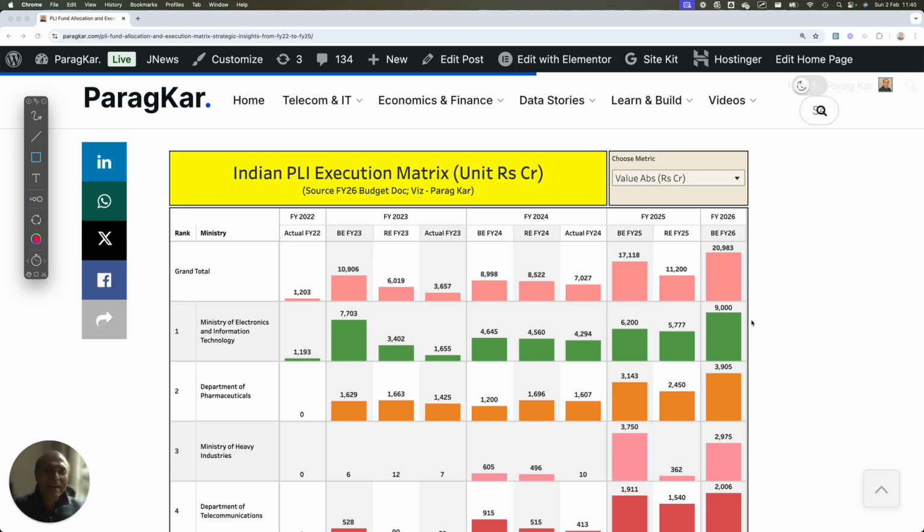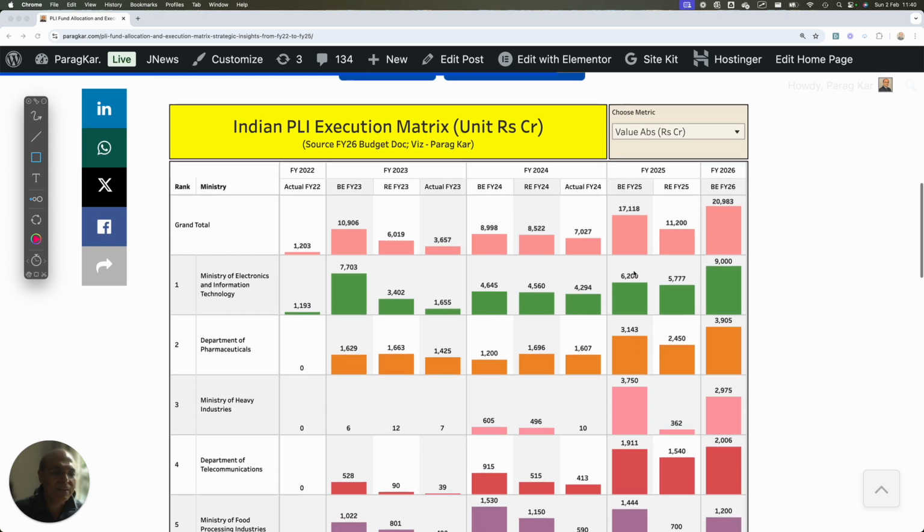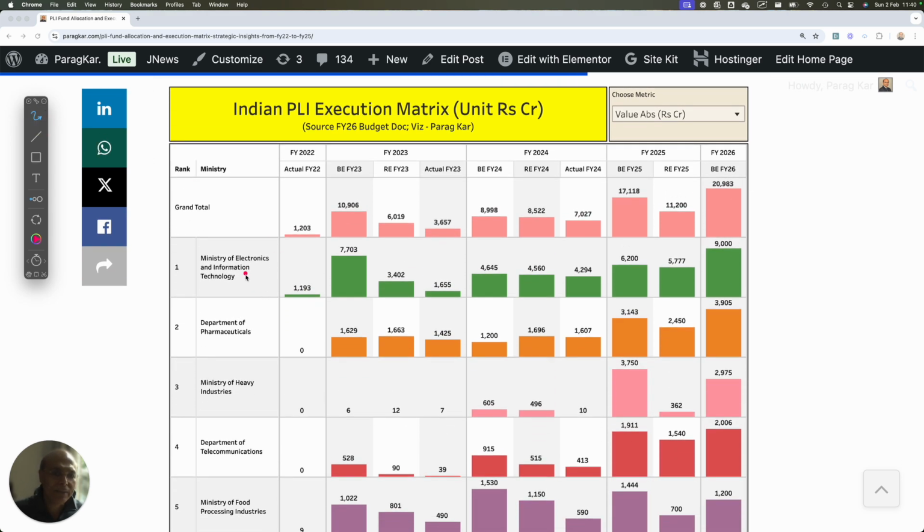Our ambition, actually, there is a phase lag between our ambition and what we are executing, but the fact of the matter is we are executing as far as the Ministry of Information Technology is concerned, because we are on the rising path. So this is very clear. Roughly around 8,000 crores we are going to spend in the fiscal year FY26.